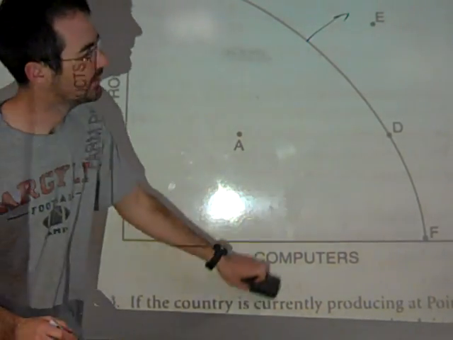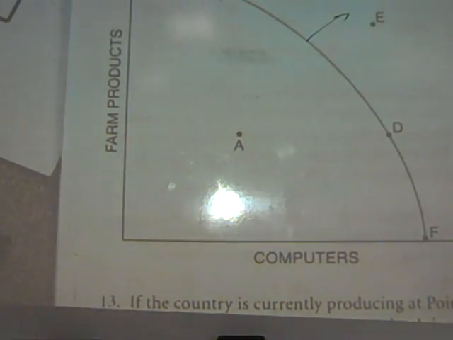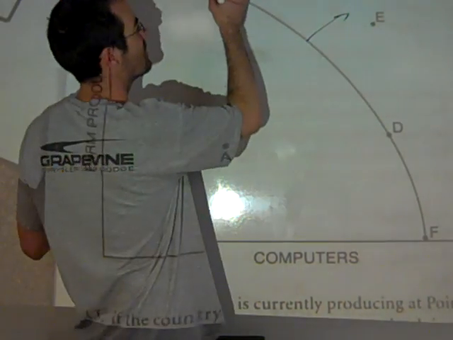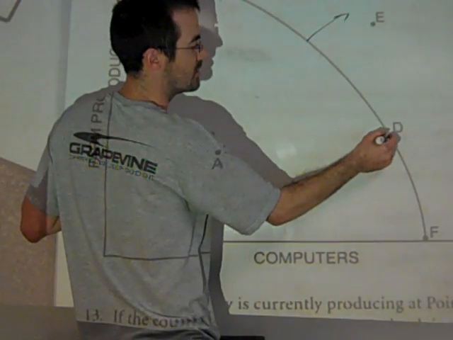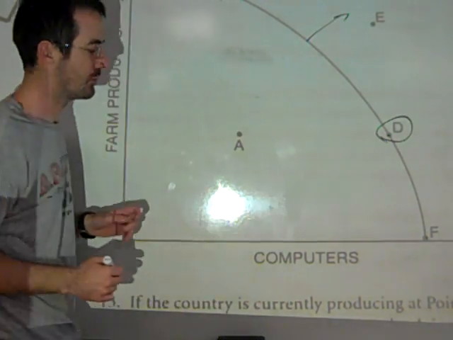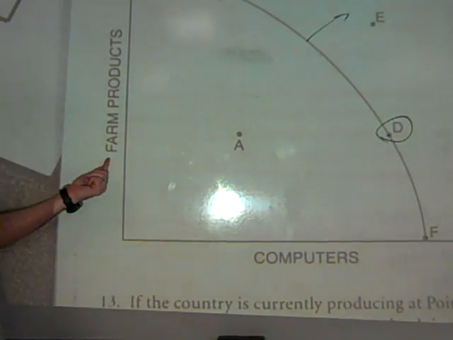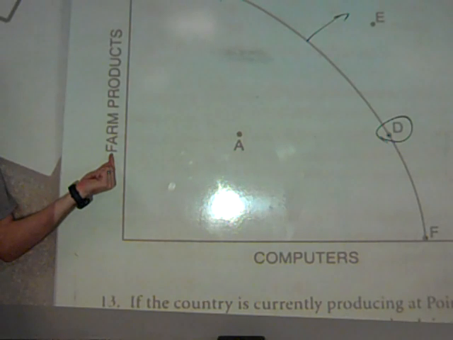But either way, one way to do that is to choose, instead of choosing point C, say choose point D, or even maybe even better, point F. Why does point D help you with growth in the future? Because what are you making? You're not making farm. I guess this is poorly expressed. I guess this must be like food, okay? Farm products. Well, food is great because you get to eat it right now.